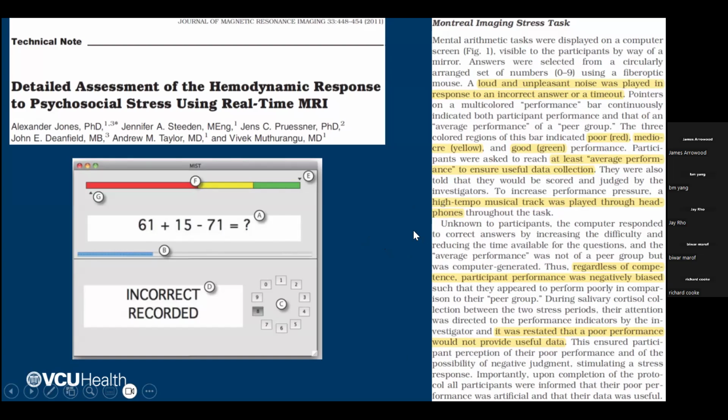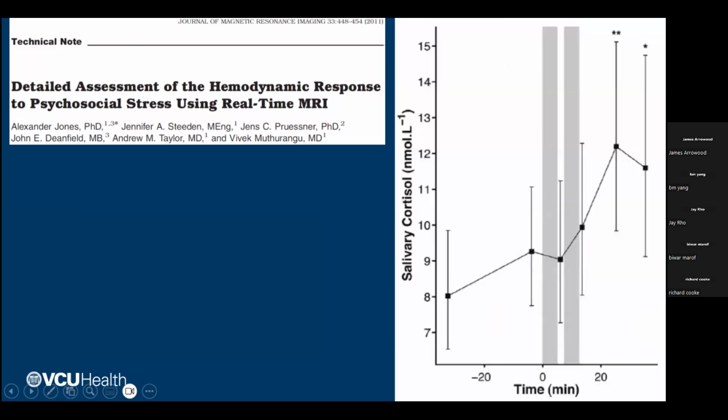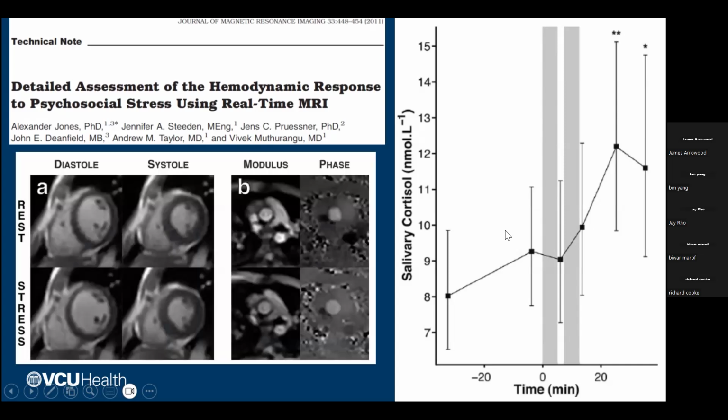protocol, a CMR protocol during this very cruel experiment, and collect salivary cortisol levels to make sure that they were indeed stressed out. And so you can see by the salivary cortisol that they did stress them out. Their cortisol went up a good bit during this experience. And then they imaged them. They did cine and phase contrast imaging through their aorta to assess the cardiovascular response to this